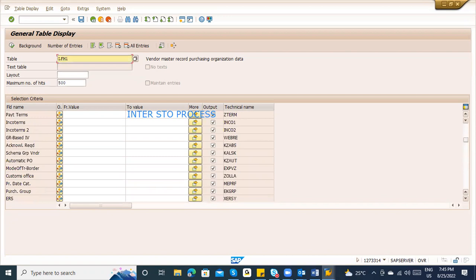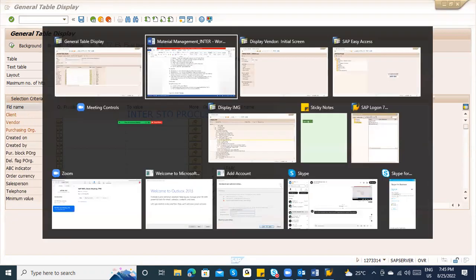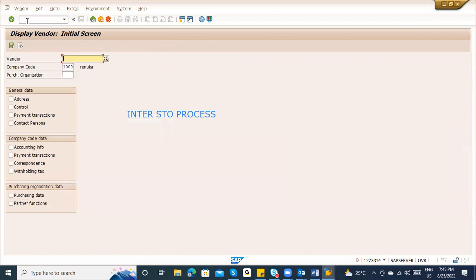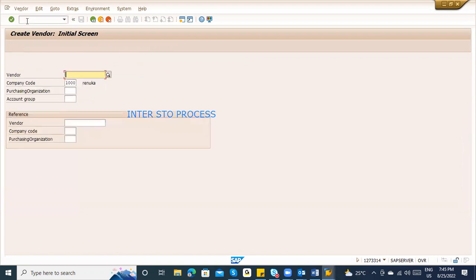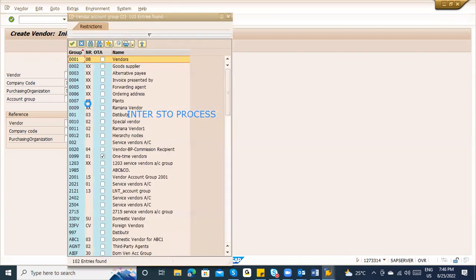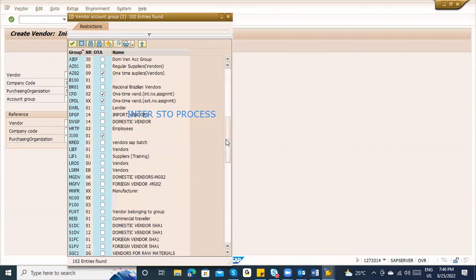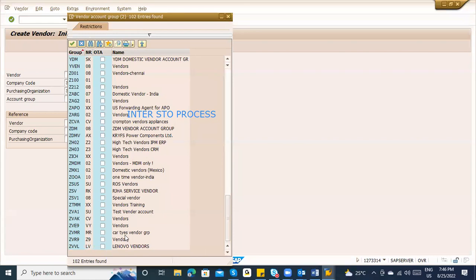Okay, so in case you don't know the vendor master record number, there is a short way we can see. We'll create with XK01. Let's create one XK01 vendor master record number, and in the purchase organization data, enter the purchase organization. Who will be the purchase organization here? Who will create the vendor in the receiving plant, right? What is the receiving plant? Company code 3000 and purchase organization 3000, and here the account group is 0007. Okay, in standard we need to take 0007, especially for inter-company STO. This is the account group. Another account group, if you want, you can create a customized one also. We have created one customized